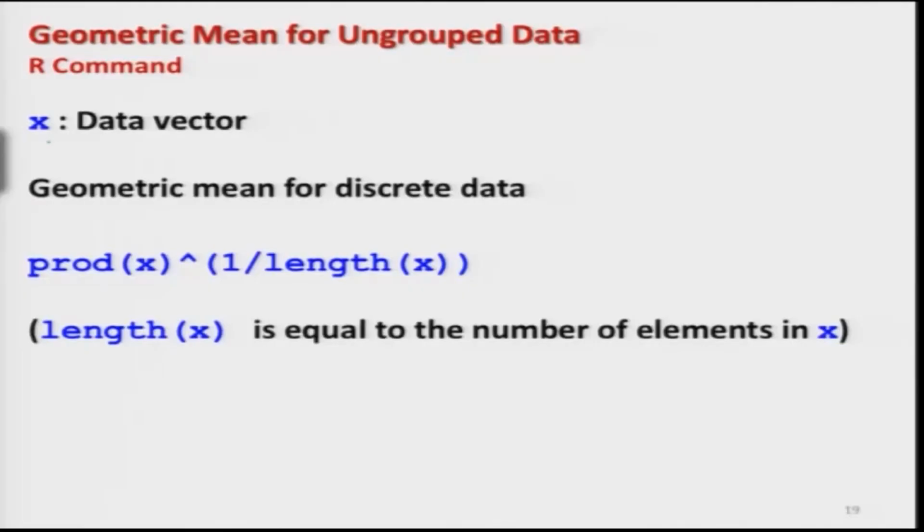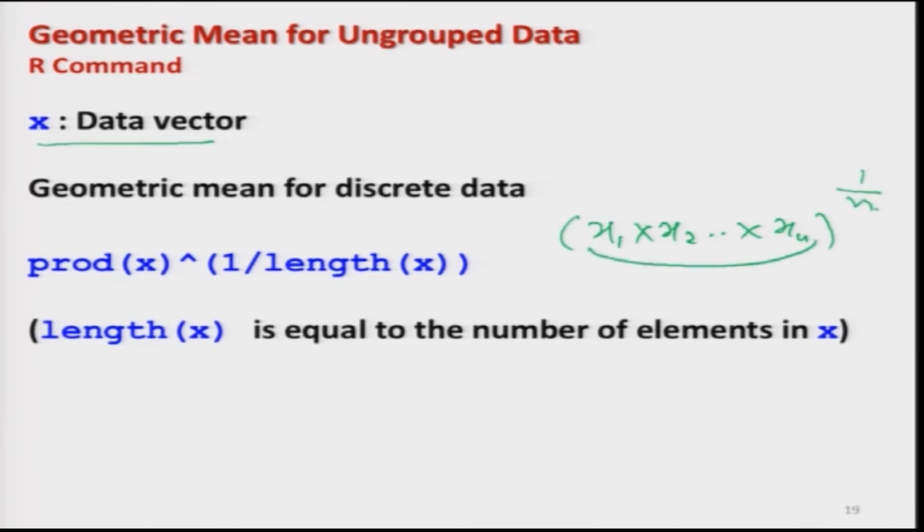Suppose I denote the data vector here as x. In the case of ungrouped data, first I find the product of all the observations, and then I take the power 1 upon n. This product can be defined by prod of x, where x contains all this data.